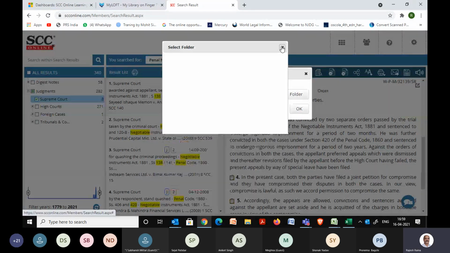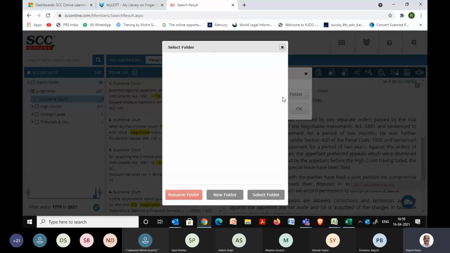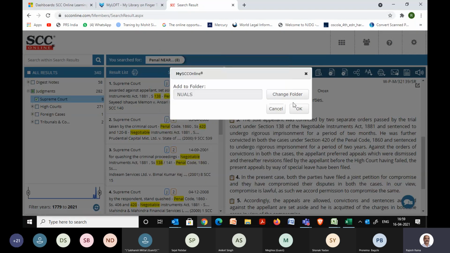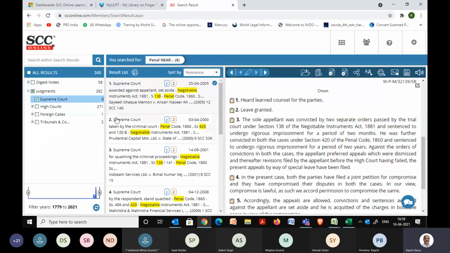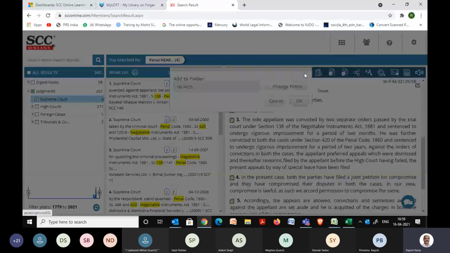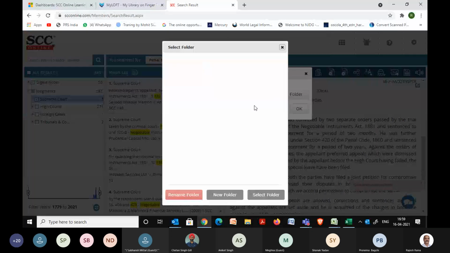I think it's again slow down a little bit. I'll click on change folder again and see whether it starts. I think it's showing some error. I think Mr. Raina, you can forget about changing the folder. Just add in the previous already created folder. That'll be easier. Okay. I'll do that.